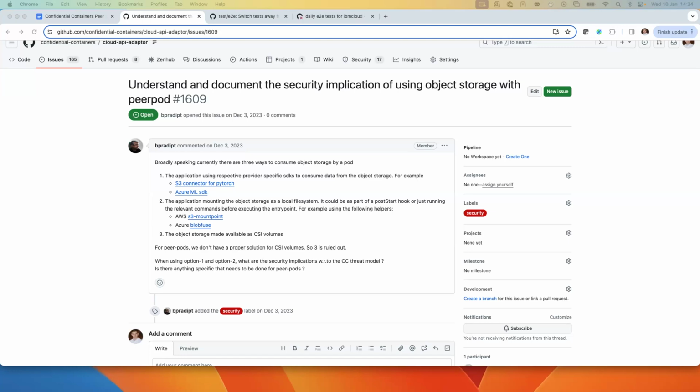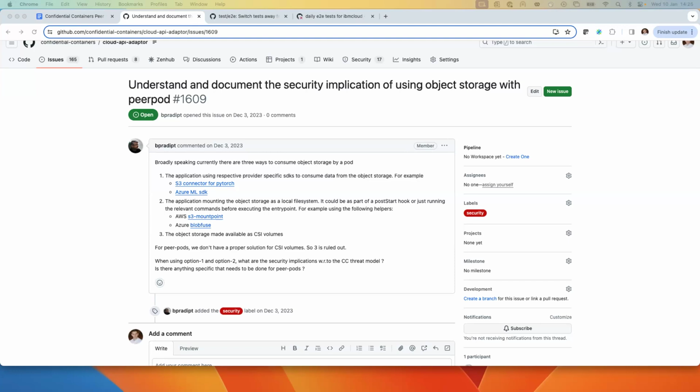What is unclear is the implications of that in the context of confidentiality. I'm looking at people who are more aware of the threat model: are there any concerns or something to watch out for, or is this okay?